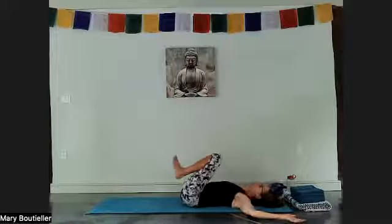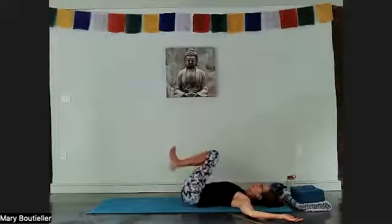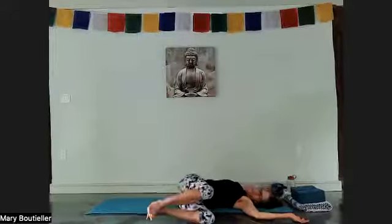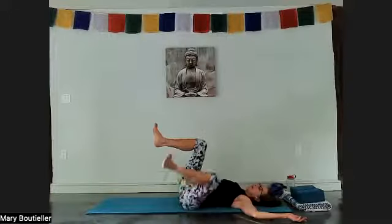Take the arms to cactus pose. Goodness gracious, where's my brain this morning? You're going to lower your left knee and then your right knee to the floor, coming into a twist. If that's too deep, don't go that deep. Okay? Take the right leg up,